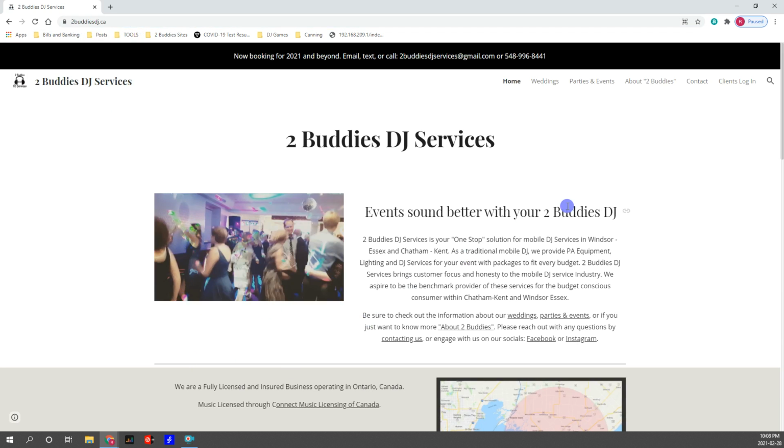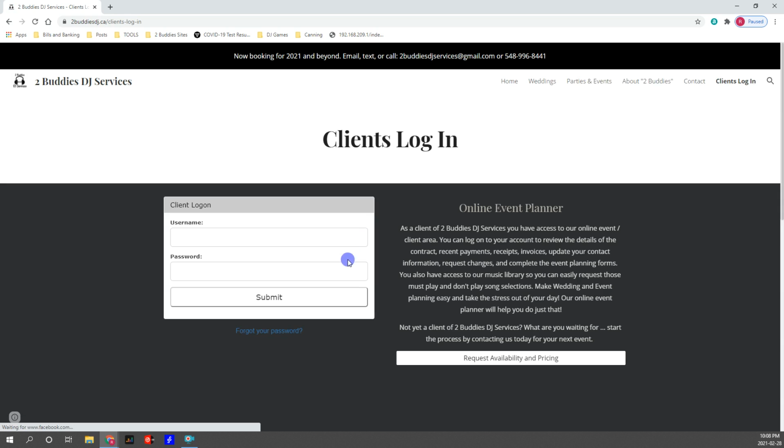This is our homepage. In the right corner over here, it says Clients Login. You're going to click on that. Now, the next page has the client logon information. This is going to be your email address and password in an email that we sent to you. So basically, you book with us, we send you an email, and you get the logon information, which is going to be your username is your email, your password is the one that we sent you. You can change it once we get into the system, and I'll show you how to do that. So I'm going to log on,